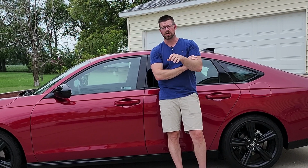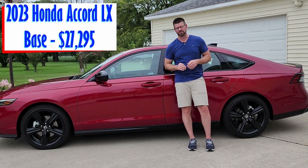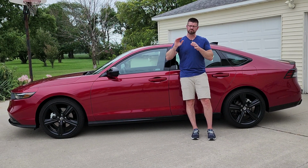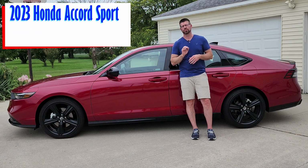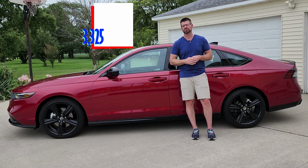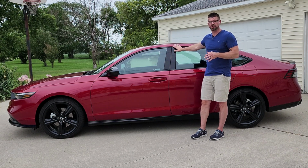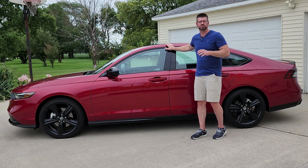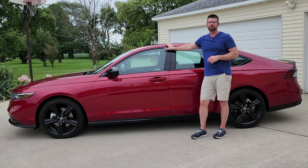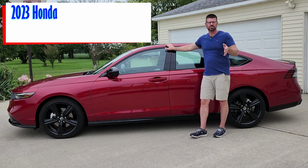So let's talk a little bit about pricing. The base model LX trim comes in just a little over $27,000. Now the Sport base model hybrid comes in just about $33,325. Now our Sport L trim, which is our tester here, was also optioned with the Radiant Red Metallic paint, which was a $450 option. You add the destination fees into that, and you come in right around